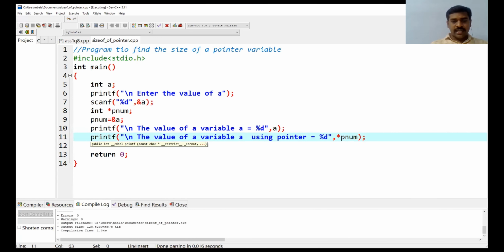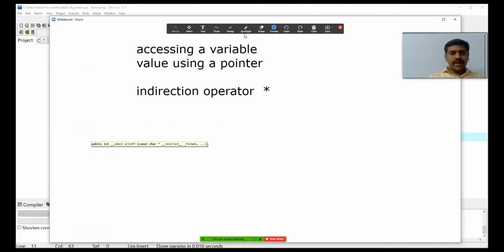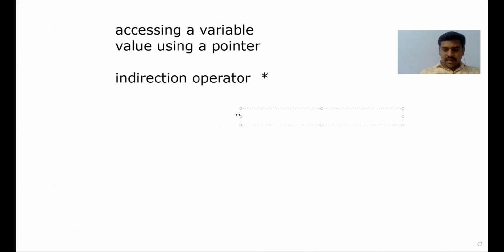If you observe the meaning of this, let us go to the white screen. Here I am writing *pnum. What is pnum? Pnum is a pointer variable. What is a pointer? A pointer is used to store the address of a variable, so I can write it as &a. What is the meaning of star here?